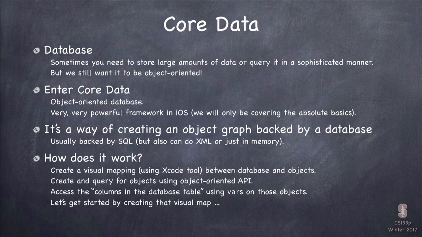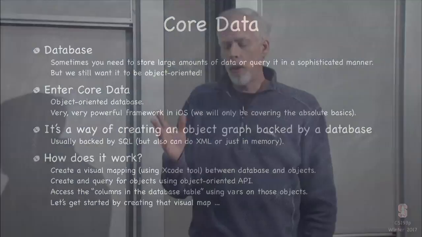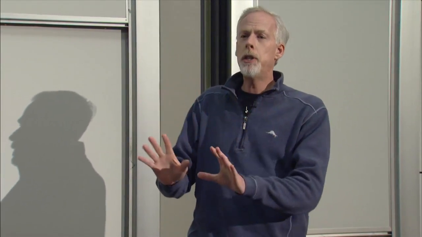Well, first we're going to create a visual mapping between things in our database and some objects that we're going to be able to program with in our object-oriented code that we like. Roughly, the tables in the database are going to be objects, and the columns in the tables are going to be vars, but we don't even really care what it's doing there. What we're going to focus on is this visual map, this visual description, basically, of our schema.